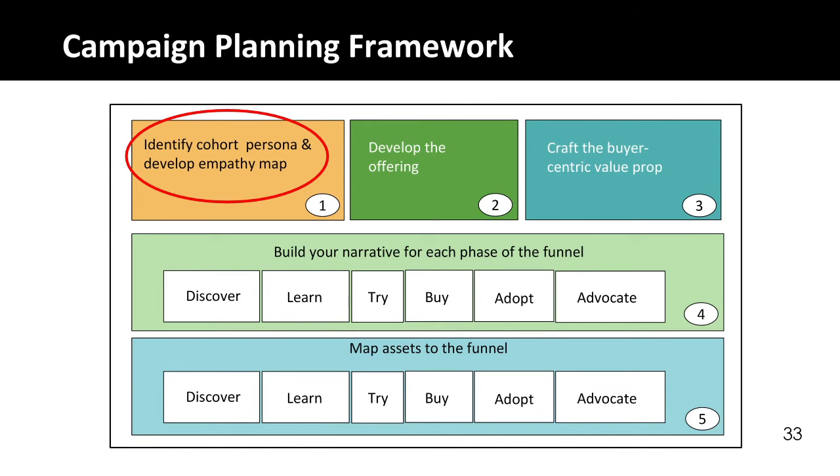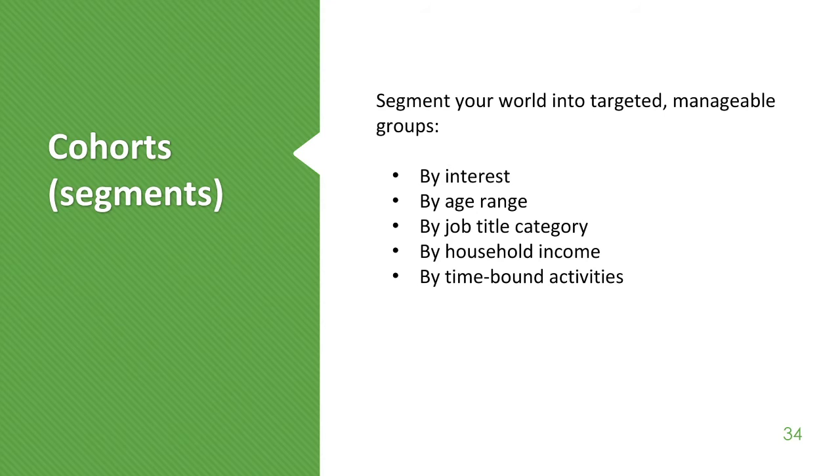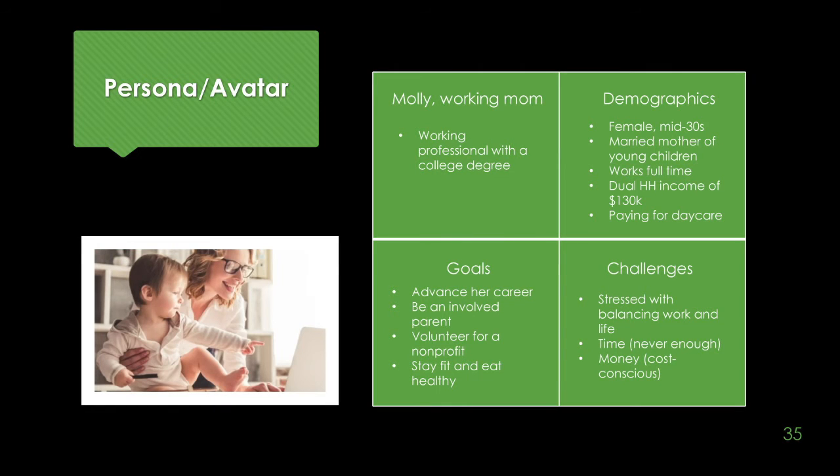So let's start out with that cohort and persona. Again, we talked through last week, the cohorts are segments. So this is how you're going to divvy up the people that you want to target. Last week, we brought Molly to you. She is our persona that we're going to focus on. She's our beautiful, perfect, amazing buyer that we want a bajillion of these buying everything that we do for us.